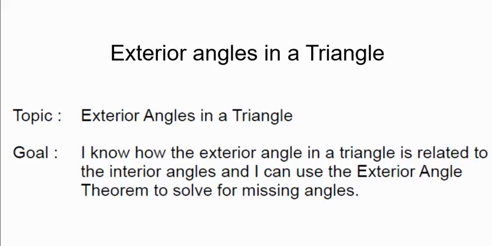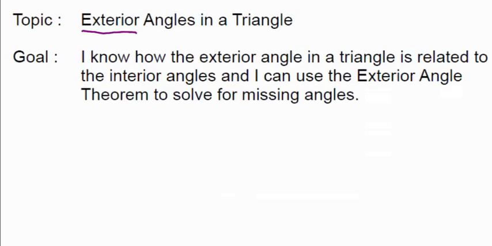Now we're going to look at exterior angles of a triangle. So exterior means outside. Interior, internal means inside the triangle. So we took care of that. Now what we're going to look at,